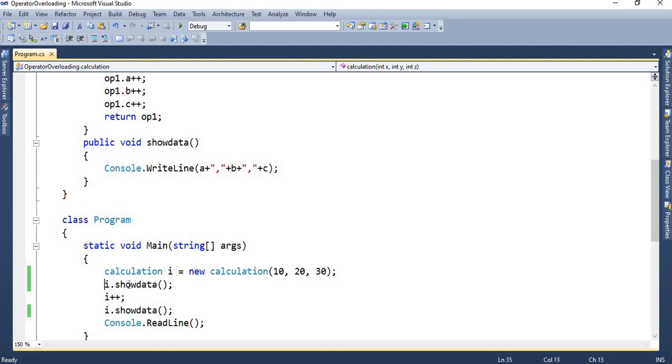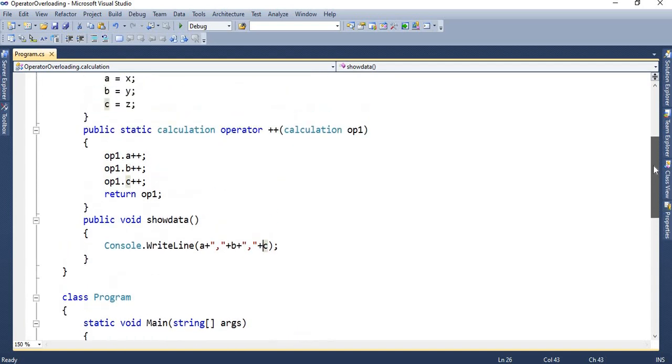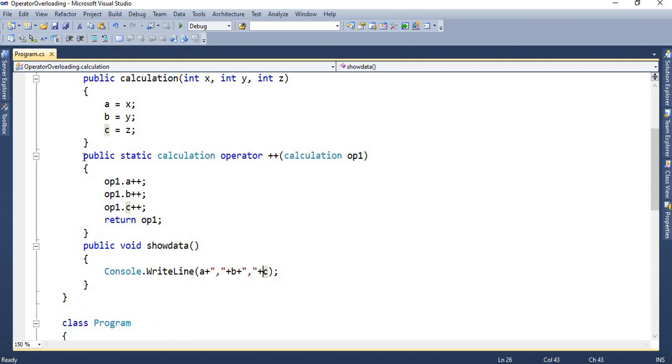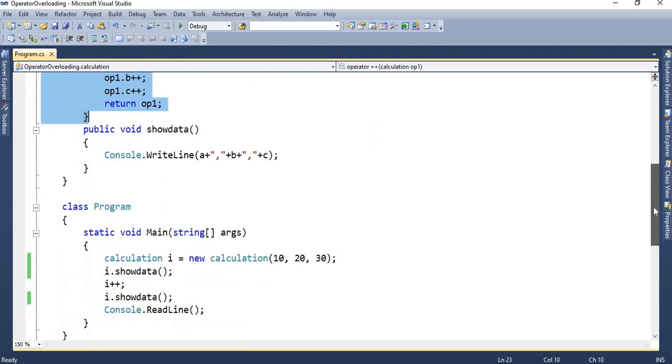Then I have called i.showData. So here I simply get the output 10, 20, and 30, because the a, b, and c values will be shown on the output screen. It's 10, 20, and 30 only, because I have not performed the operator overloading procedure here.